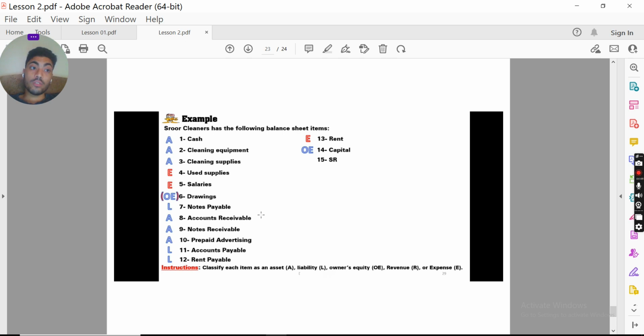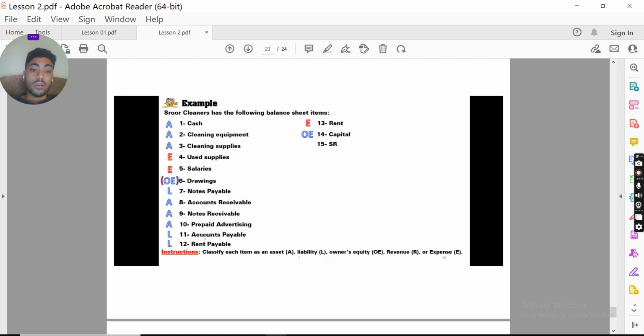As we said earlier, anything I provide, any service or product, without getting paid in cash, I have to write in the financial statements, and it increases the assets. So accounts receivable is an asset, notes receivable is an asset, and prepaid advertising is an asset